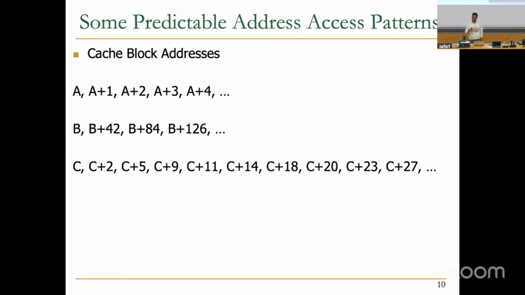So in this case, let's say C plus 2, C plus 5, plus 9, 11. Apparently, you might see that there might not be a pattern, but if you see that the delta between the first two is plus 2, then plus 3, then plus 4, and then 2, then 3, then 4. So if you start looking at, let's say, the second degree delta, the first degree delta is not constant as you see over here, but the second degree pattern repeats, right? So it's like plus 2, plus 3, plus 4, and then plus 2, plus 3, plus 4. So how can you exactly analyze this sort of pattern, and understand these patterns on the fly and